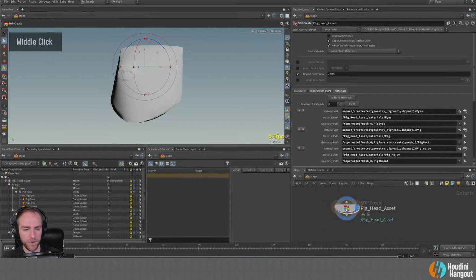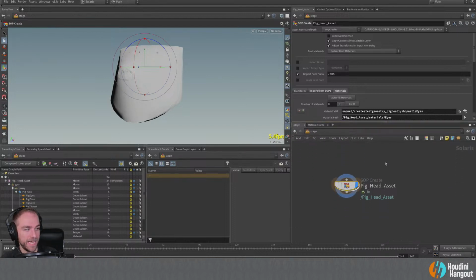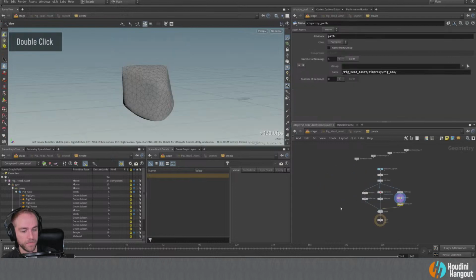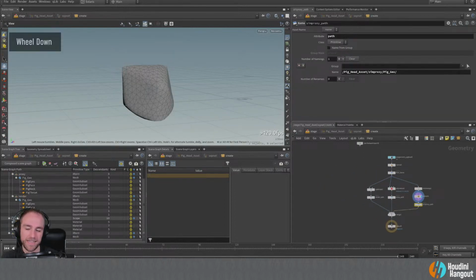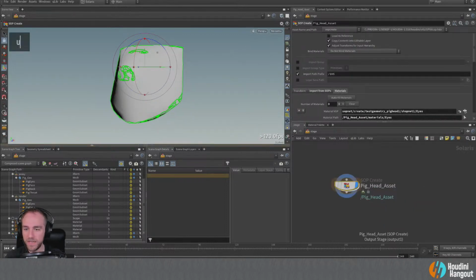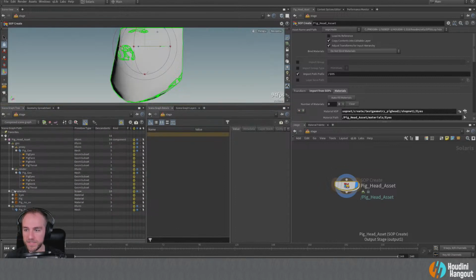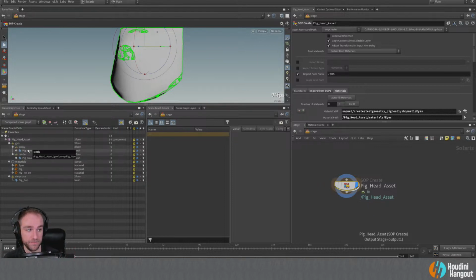So anyways, okay, we've got this pig head asset here that we're working with, right? And we have these different streams here, but I didn't really explain why we would do it that way. It's not maybe super clear why you would want to set it up that way. The reason is because this is sort of the recommended hierarchy for working with an asset in USD.